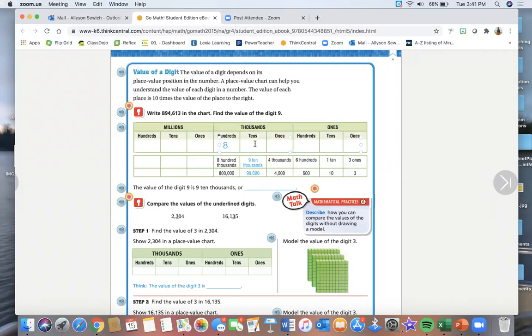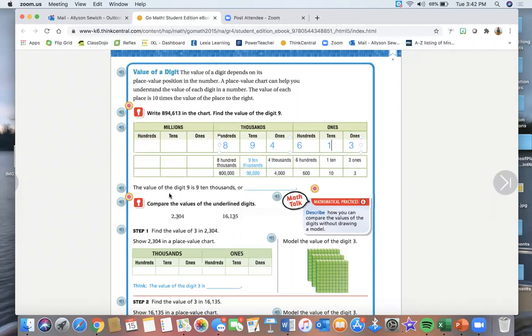So I have 800, 900, 4,000, and then you guys can just take away those periods right there. I'm not sure why my computer is having me do that, but okay, I think it's gone now. 613. Okay, perfect. So I have my number,